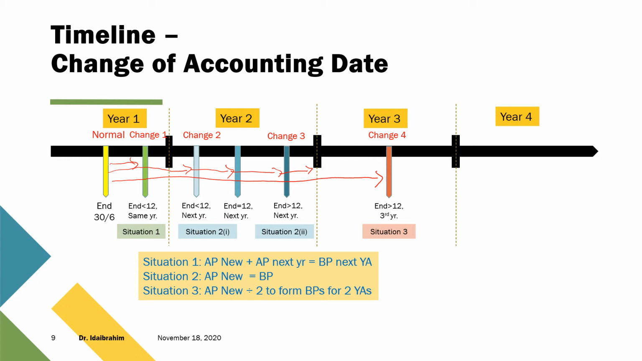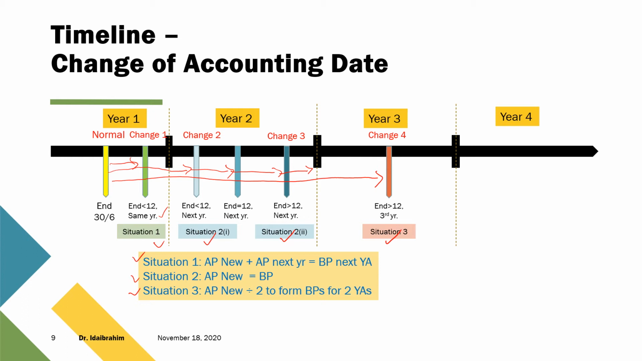So I refer to situation 1, situation 2, but situation 2 I divide into 2 situations, okay? Situation 2, 1 Roman and 2, 2 Roman, and also situation 3 where it closed in the third year. Okay. So you need to understand this is a little bit difficult as compared to commencement, but it's still easier than previously. Alright, for situation 1 where it closed in the same year, same year as previous accounting date,